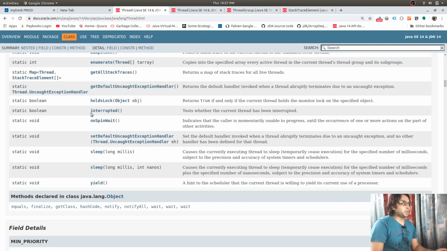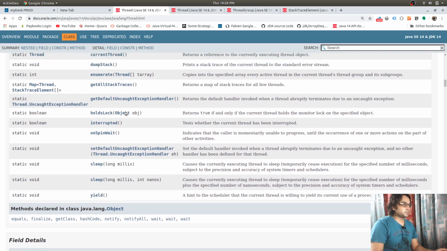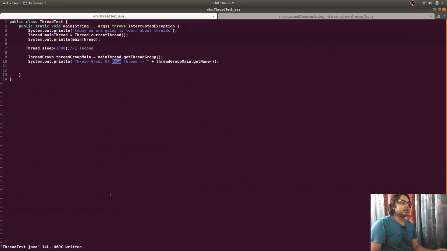This is the static method that is used to check whether the current thread has been interrupted or not, and this is the yield method that is used to tell the processor that I wanted to do something useful, but the resources that were needed for that work are not available right now.